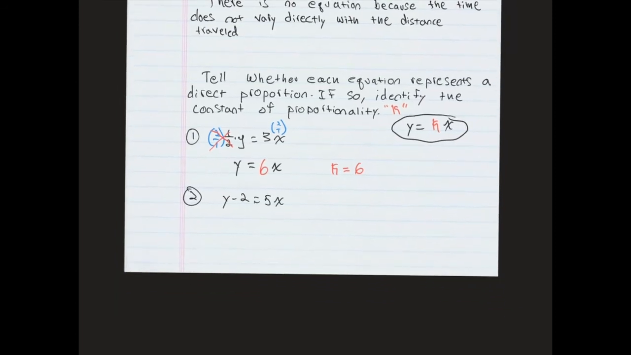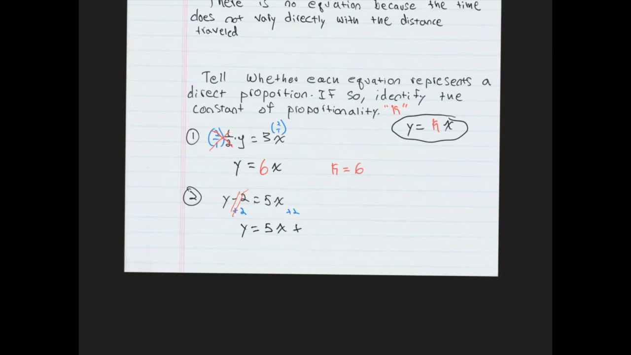Now let's go down a little bit and look at the very last one here. Again, I want to get this so it's y equals kx. So I want to get y by itself. My step would be to add 2 to both sides. When I do that, these cancel, and I'm left with y equals